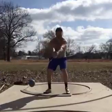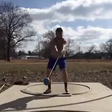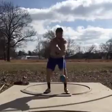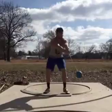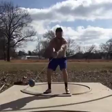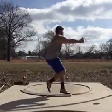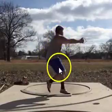And the first thing I would want you to fix is this position right here. It looks like you're trying to get nice and long by almost leaning forward and sloping your shoulders forward, which is all good, I guess, until you look at the position of the hips in relation to the shoulder. As you can see, you're kind of bent over here like you would be in a barbell back squat, which is not a very ideal position for throwing the hammer. Your hips are back, you can see right here. Your shoulders a little bit forward, your hips are back, and that's going to cause some problems later in the